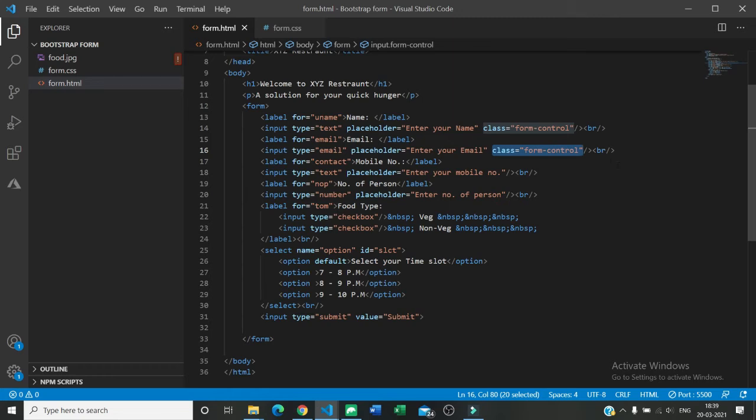So first copy this into your inputs everywhere, and yeah, everywhere is this, and here I am going to use form-inline instead of form-control because I want these options in one single line. Now save it.